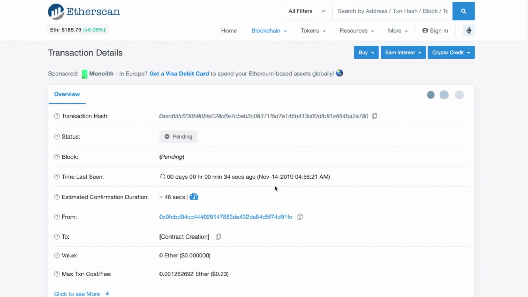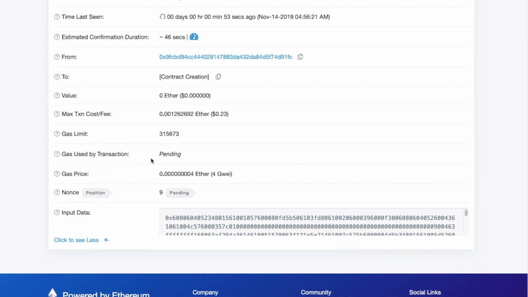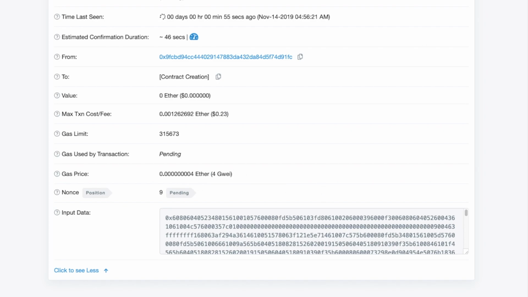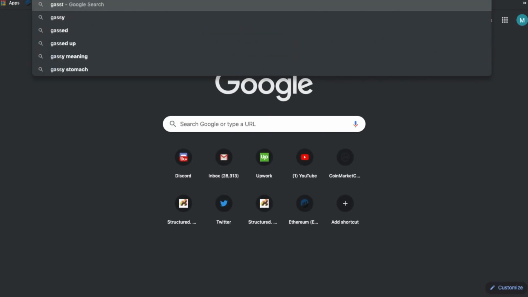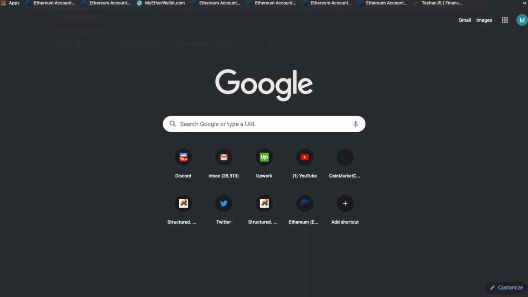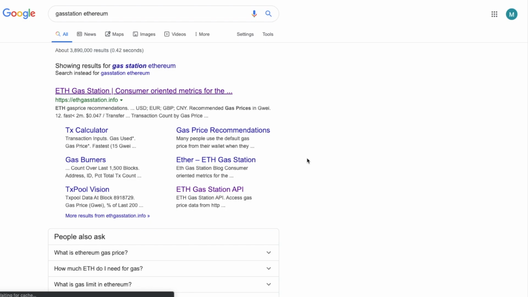And for other people, what I want to do is take that smart contract code that I just wrote, and I want other people to be able to verify that it's true and then interact with it myself and test. And you should definitely do that, at least in the beginning, while you're learning. So as soon as I get a confirmation here, which I should very soon because I paid 4 Gwei, and I can actually look at the gas station Ethereum to see what the average prices are.